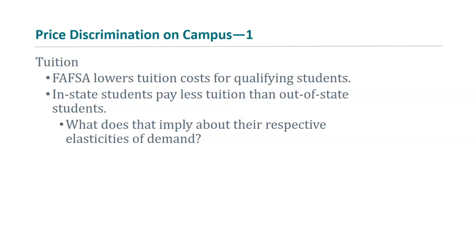If you're looking at a college that's out of state, it usually means you have a specific reason to want to go there, which would imply that you have a more inelastic demand about going to that college. You're willing to pay a good bit more to go there because there's a specific reason you want to go there. It's not just the college around the corner, right? And so we can charge higher prices to out-of-state students because the assumption is that they have higher inelasticity of demand or lower elasticity of demand. They're willing to pay more.